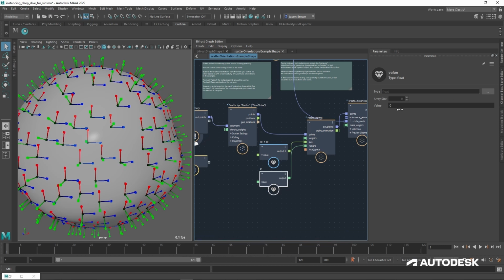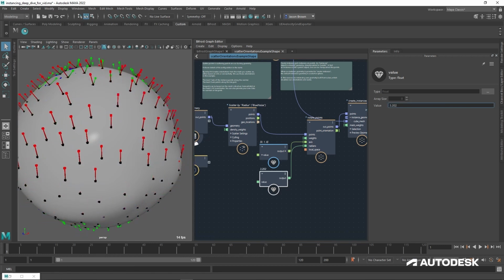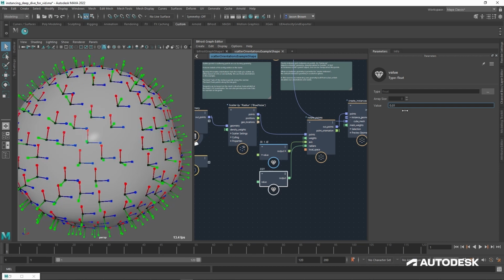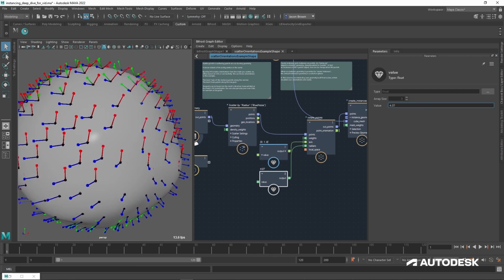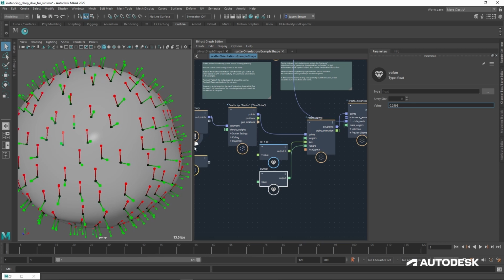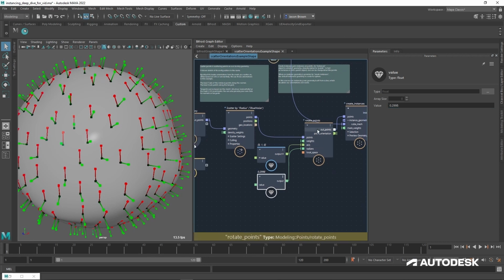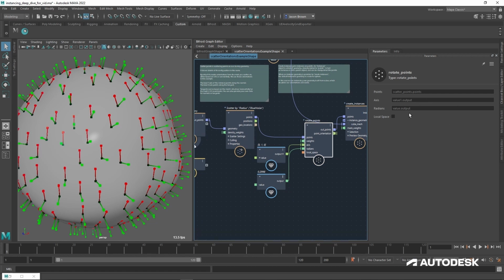So now if I come in here and I just start rotating this, you can see that it's rotating, but it's not rotating around the Y-axis, is it? Well, actually it is. It's rotating around the world Y-axis. And the reason for that is I'm not rotating in local space, I'm rotating in world space. So it's rotating everything around this axis.